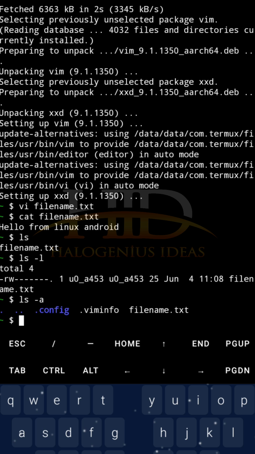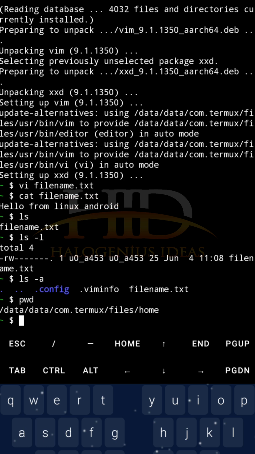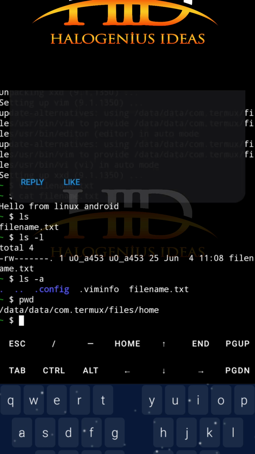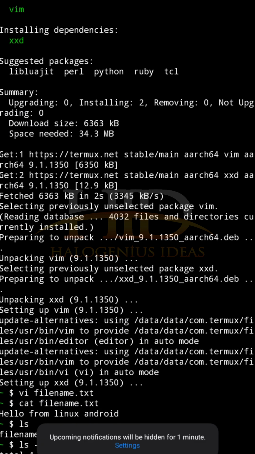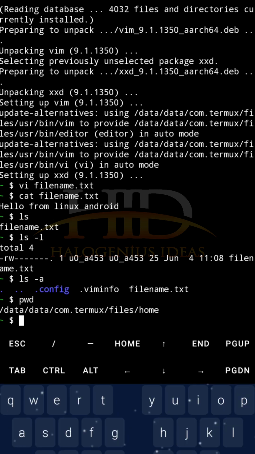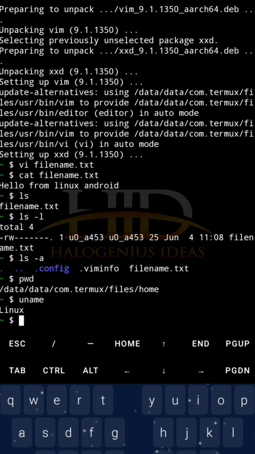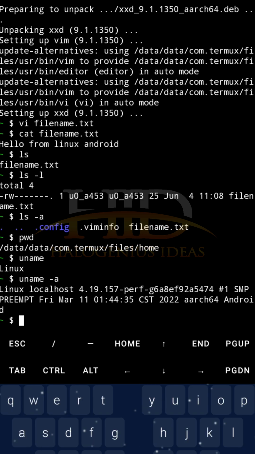So if you want to get the directory that you're currently working on, you can do pwd, the present working directory. Then if you want to get the name of the Linux that you're working on, you can do something like uname, just to confirm the name of the Linux. I think uname is going to be giving you the name of the Linux. It will just say Linux, but if you do uname hyphen a, that will give you more information